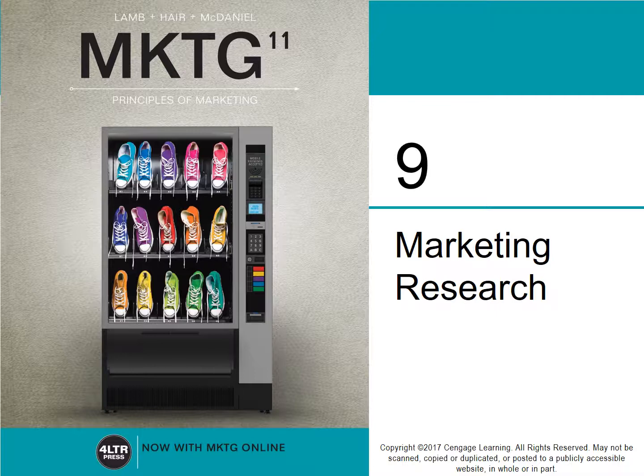Chapter 9's learning outcomes include defining marketing research and explaining its importance to marketing decision making, describing the steps involved in conducting a marketing research project, discussing the profound impact of the internet on marketing research, describing the growing importance of mobile research, discussing the growing importance of scanner-based research, explaining when marketing research should be conducted, and explaining the concepts of competitive intelligence. Make sure you read the chapter and review all module content. Let's get started.